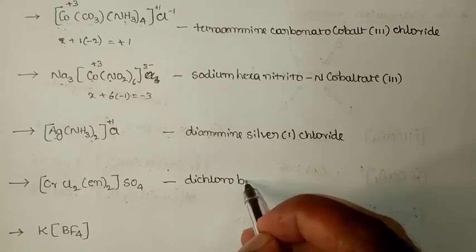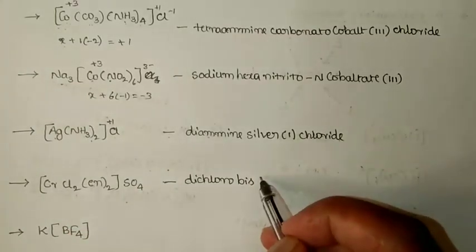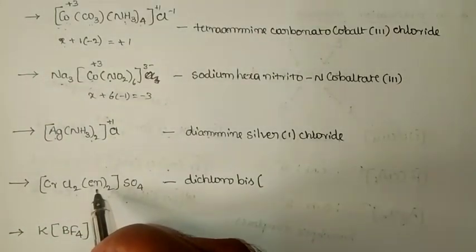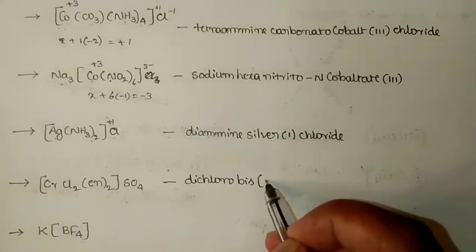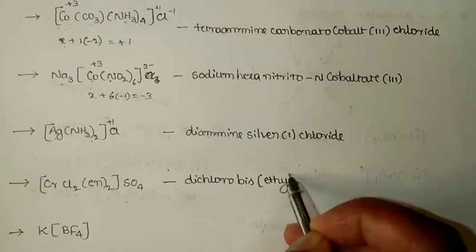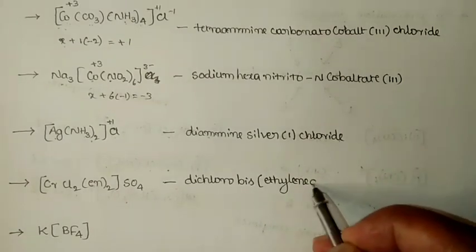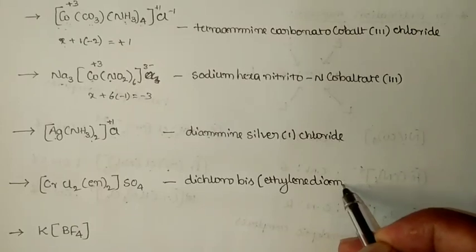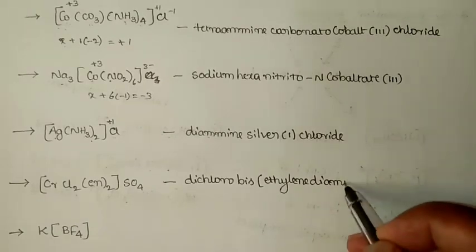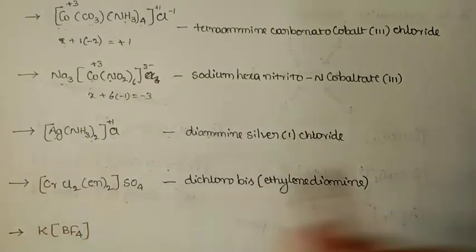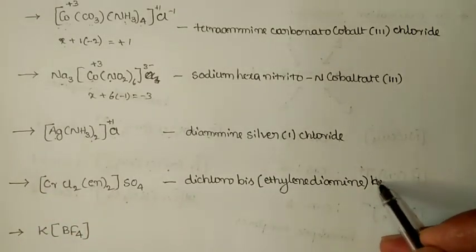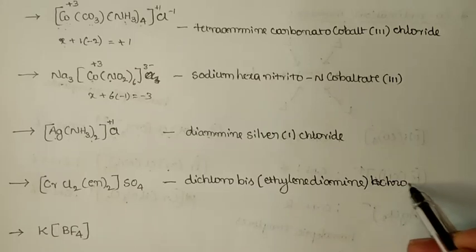We should use the prefix bis, and the name of that complex ligand should be written in parenthesis. So bis(ethylene diamine), close the bracket, and we should say the name of the central metal atom, that is chromium,